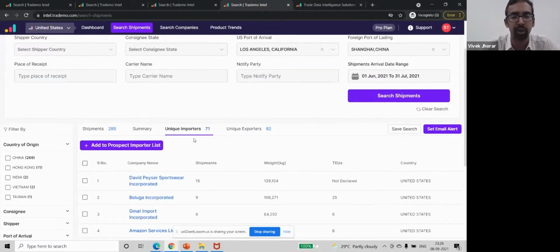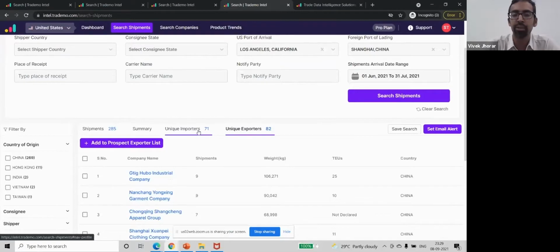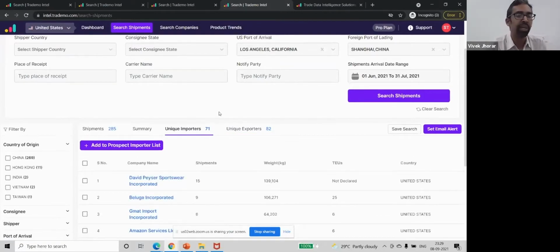So probably they are buying from the same kind of suppliers. And who are the suppliers? Probably some of your suppliers are supplying on this route. And you can also very interestingly see, if you have a service level agreement with your supplier in China that you would be the only one taking a particular item from him, because you are buying in such bulk and he's a small supplier. Sometimes we do like to preserve confidentiality, but you can always see who the other importers are that the same supplier is supplying to, and it might be possible that it is an SLA breach. So that's the kind of detail you can find.